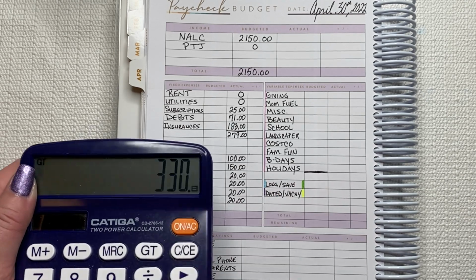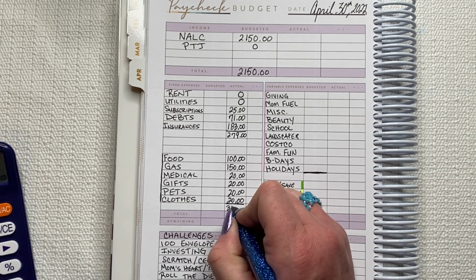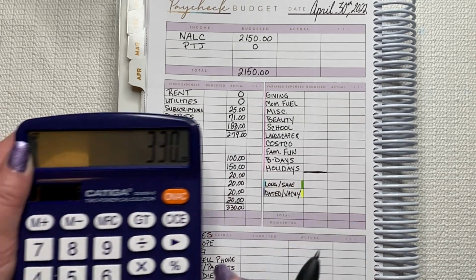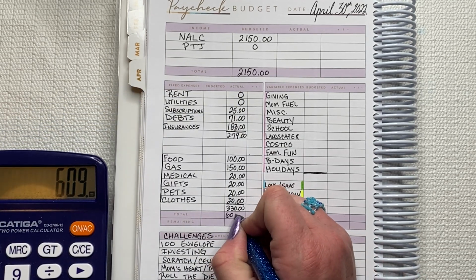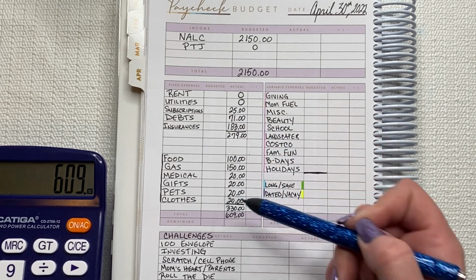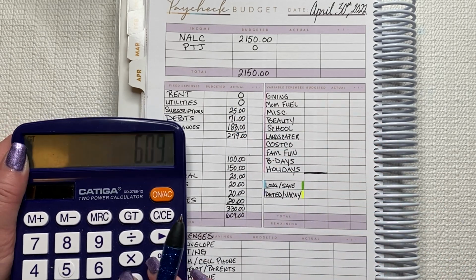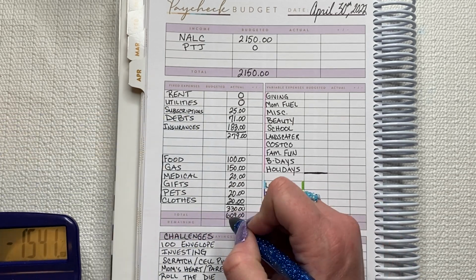$330. We're going to add that to the $279. That gives us $609 for the bills and then my expenses. And we're going to take that from the $21.50. That leaves me